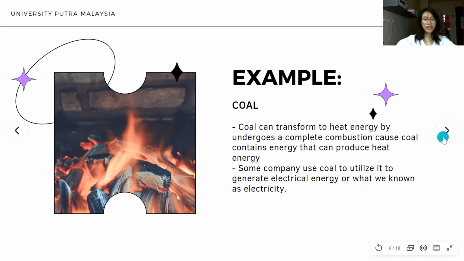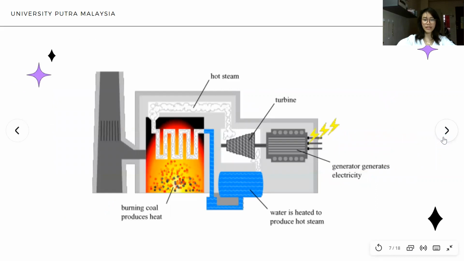So how does this process take place? First, coal is fed into a boiler furnace, where the heat creates combustion in the form of energy. Then the heat energy transfers to the water above it, turning it into steam. Next, the steam rotates the turbine, which produces mechanical energy. This turbine drives a generator which converts the energy into electrical energy.